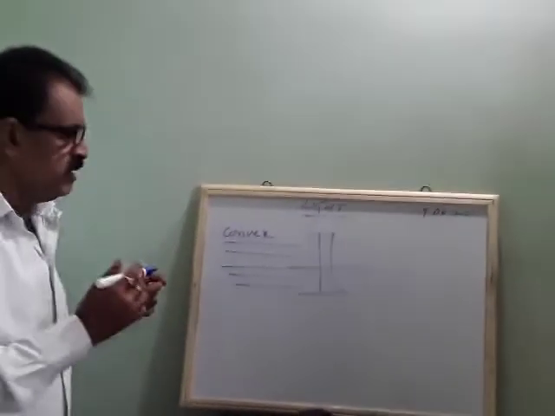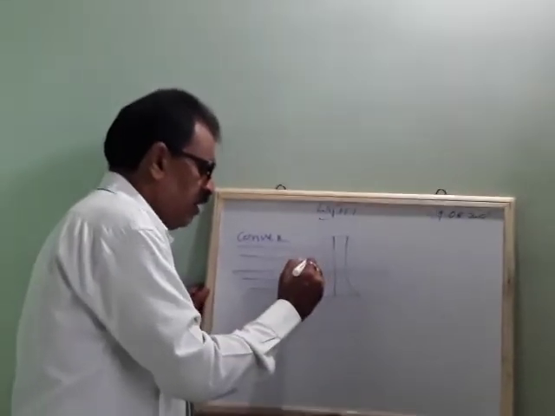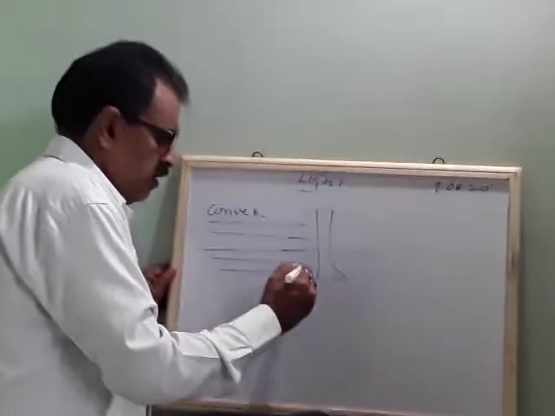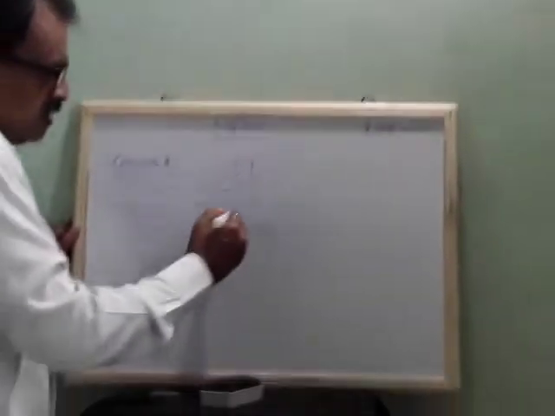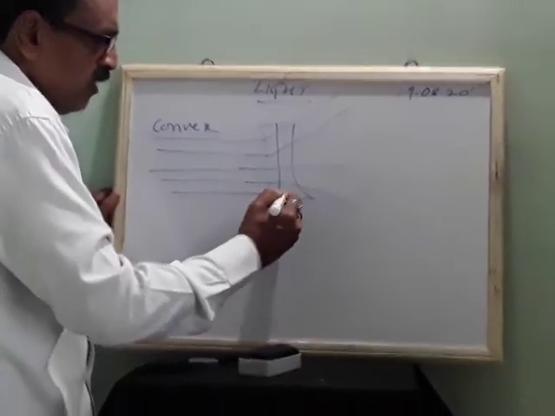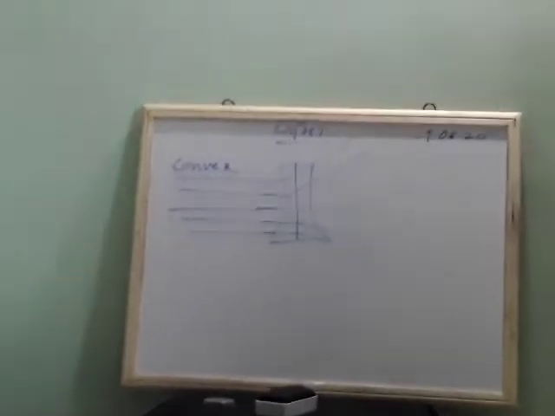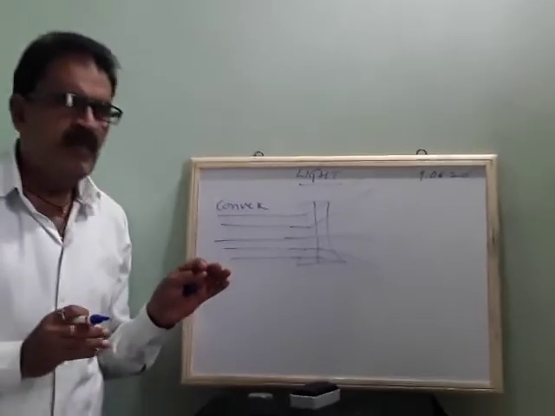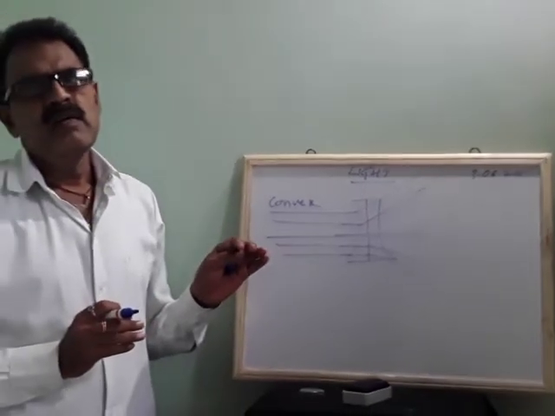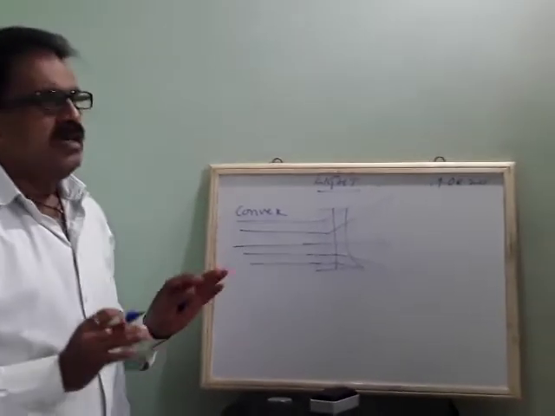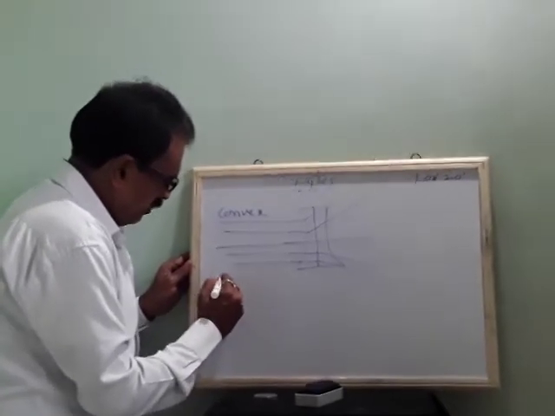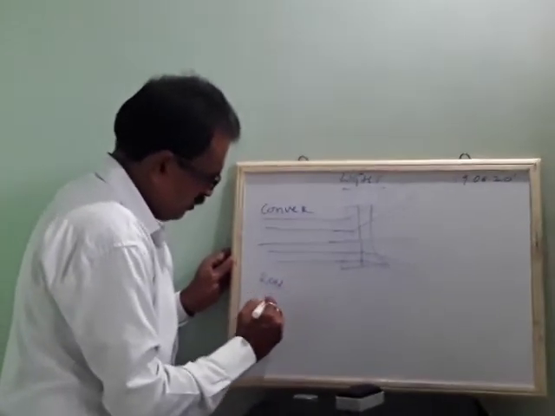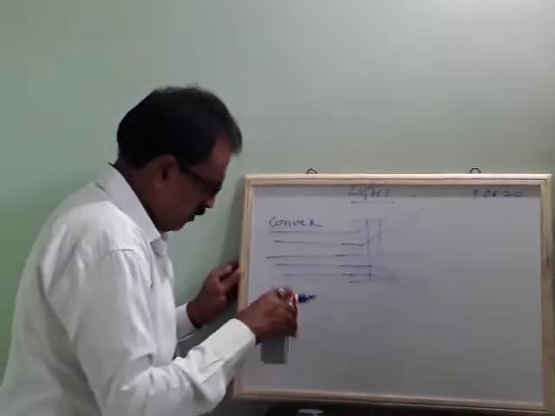Here in this case what happens? The concave mirror makes the light move in the opposite direction, means the light deflects. This is the reason why these images are virtual. Suppose I told you, we have a real image and a virtual image.